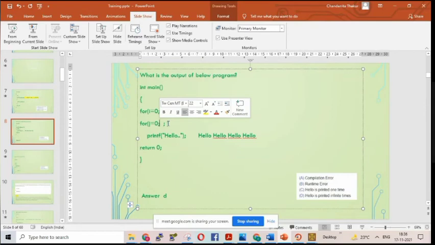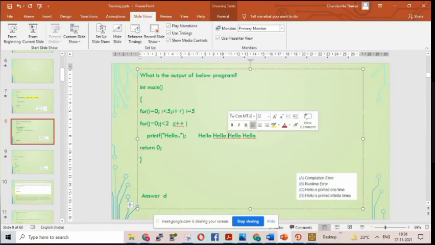I will give the proper example next class. This is also a proper example, but it may be a little hi-fi, so I don't want to make it a base example. So the terminating condition will be checked. Suppose the terminating condition was j less than 2. Take it j less than 2 and j plus plus. So in this case, what will happen? Hello will be printed 2 times. Yes.